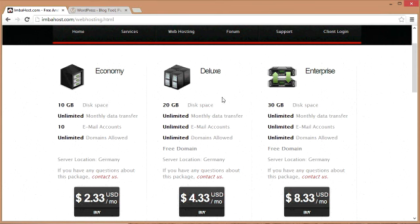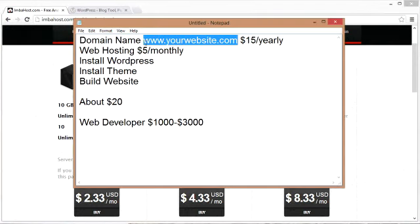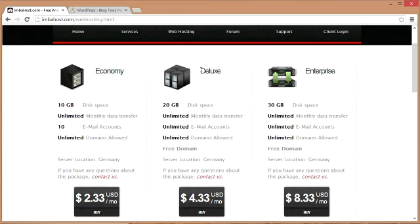Now 20 gigabytes of disk space is plenty for your small business website or even a couple of business websites. And it's very unlikely that you're going to use up that full 20 gigabytes, even if you're hosting quite a few websites on the one hosting account. They also allow here unlimited domains, so that means that you can actually host multiple domains on the one hosting account. So if we go back to our checklist here, you can host yourwebsite.com, yourfriendswebsite.com, your mom's website.com, your small business website.com, all on the same hosting account, and you pay the extra cost for each domain name that you add, but you're still only paying that $5 monthly, even for the multiple domain names that you're hosting. So we're going to choose the deluxe plan here,